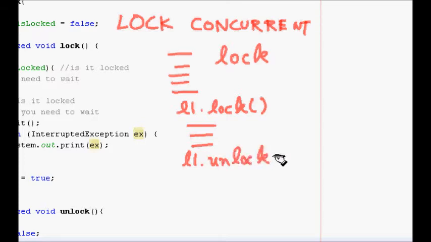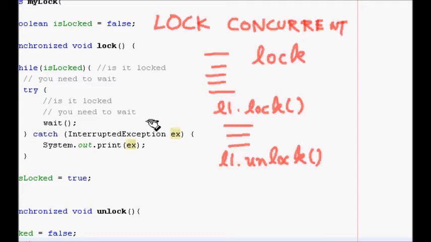This way you save multiple threads from executing the synchronized block of code. That is, this part of the code can be executed by only one thread at a time.